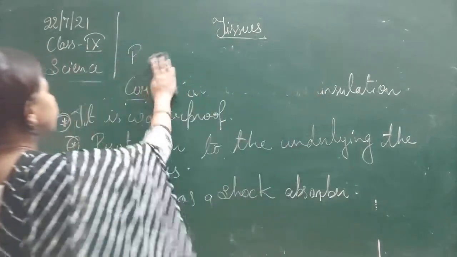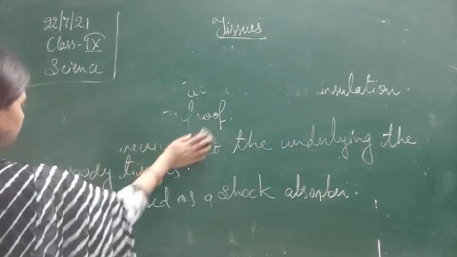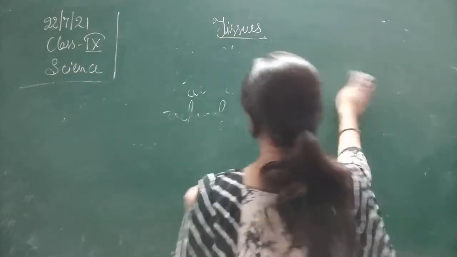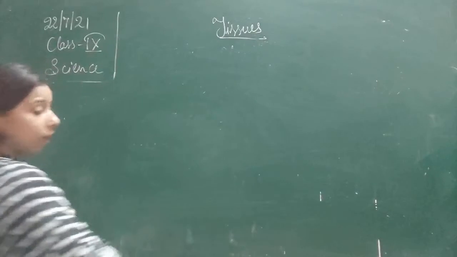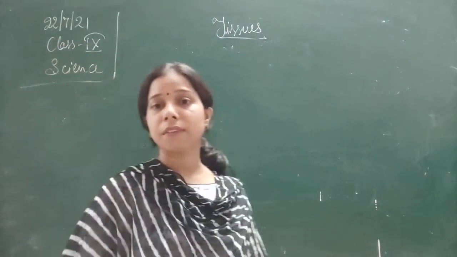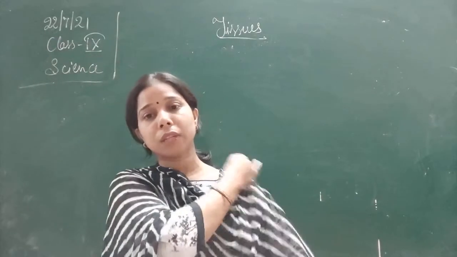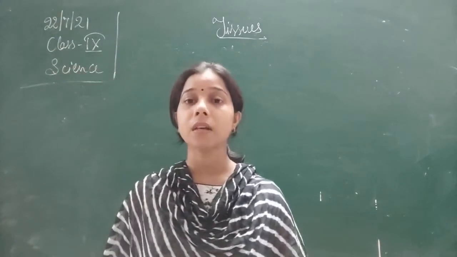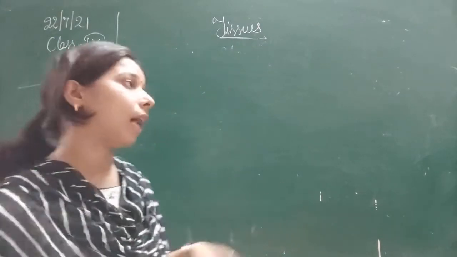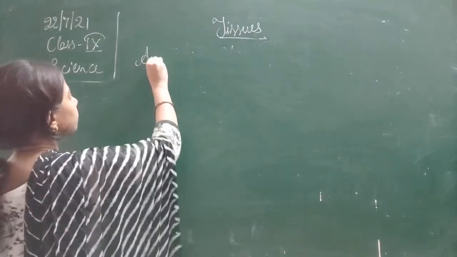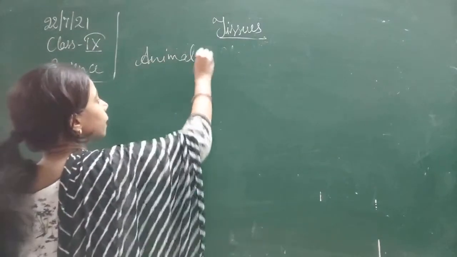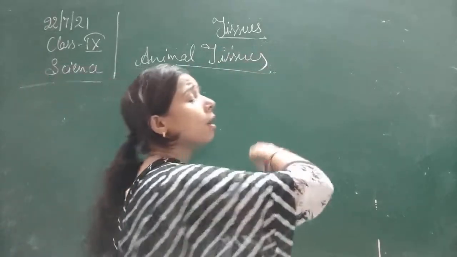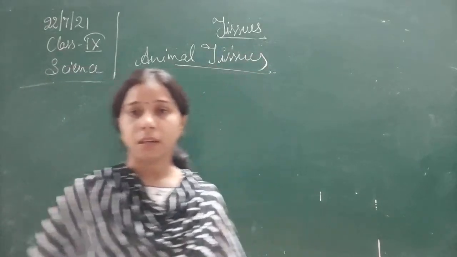Now let us start with the animal tissues. In the case of plant tissue, the division was into two, that is meristematic and permanent tissue, and then further division happens. Here, animal tissues are basically classified into four types, students, and these four divisions are, the first one is the epithelial cell.